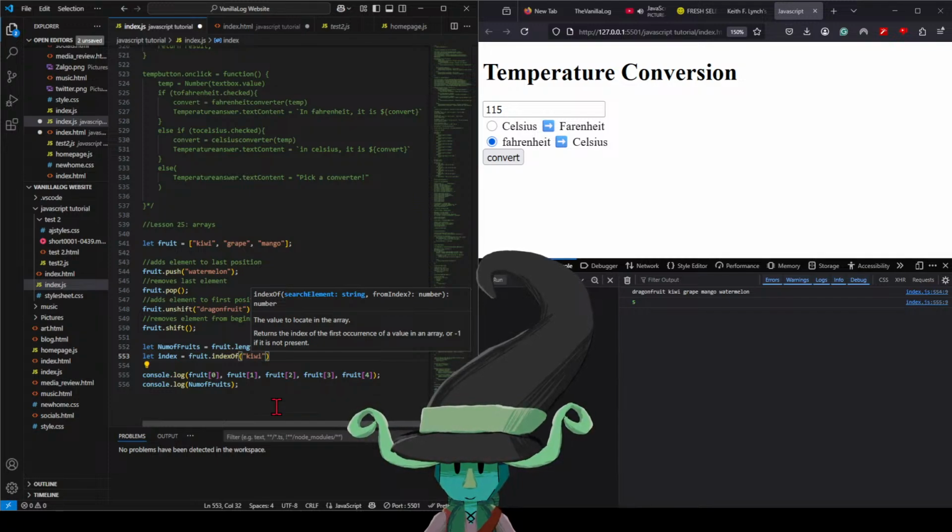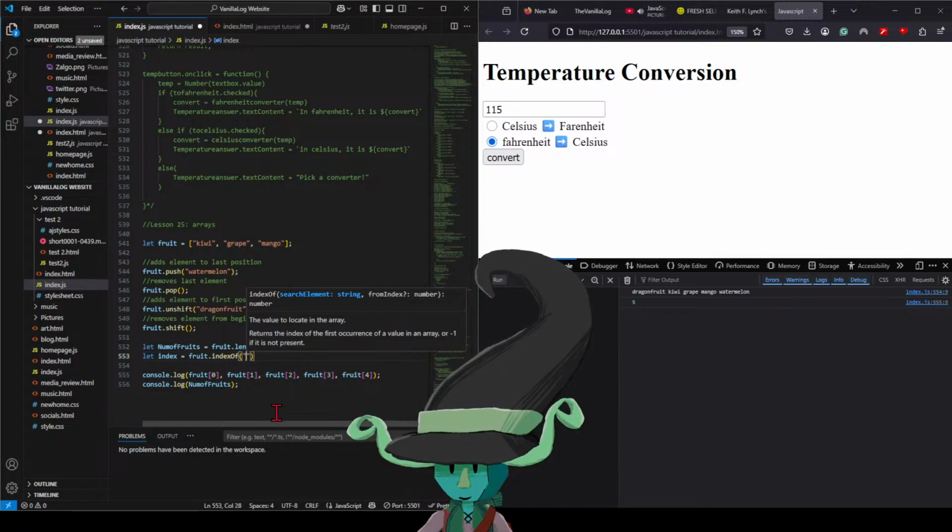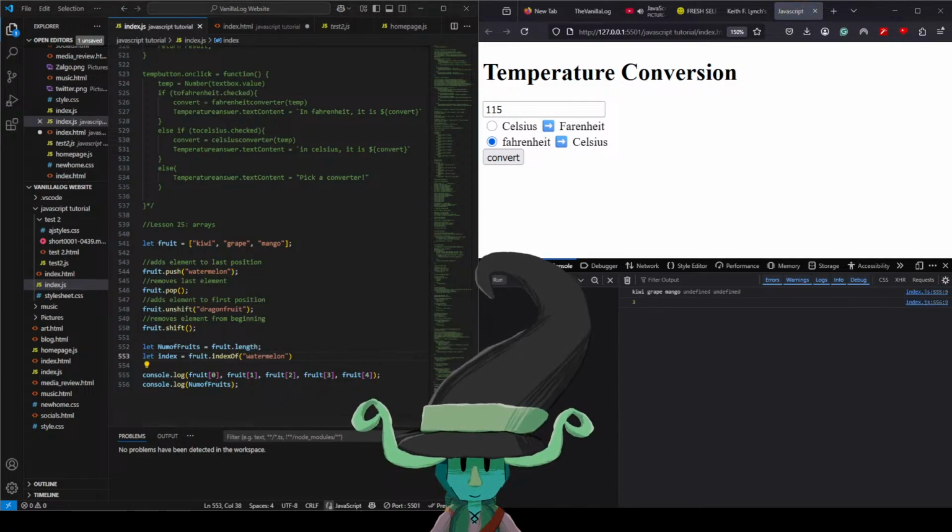That could be helpful within an if statement. You can check to see if this method returns -1. Then if it does, that means the element wasn't found, and you can let the user know. If index equals -1, display that element wasn't found. Now, if you would like to